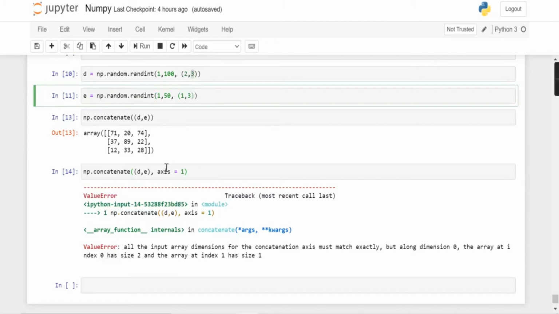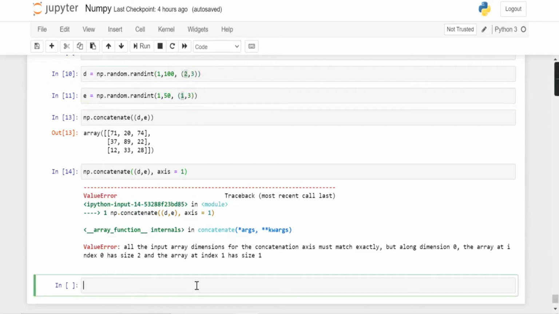So why are we not able to concatenate on axis 1? Because when we are concatenating based on axis 1, the other axes are not equal. Here it is 2 and 1, and 2 is not equal to 1, and so we are not able to concatenate on the basis of axis 1.